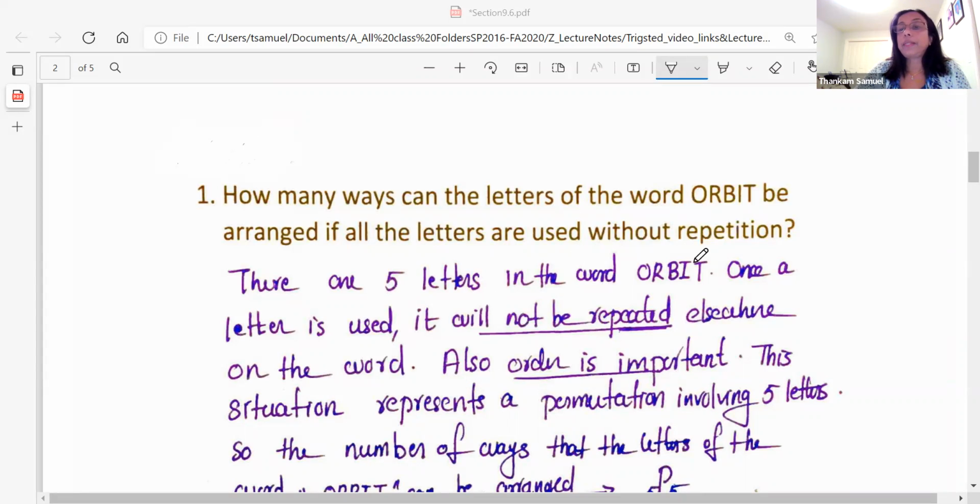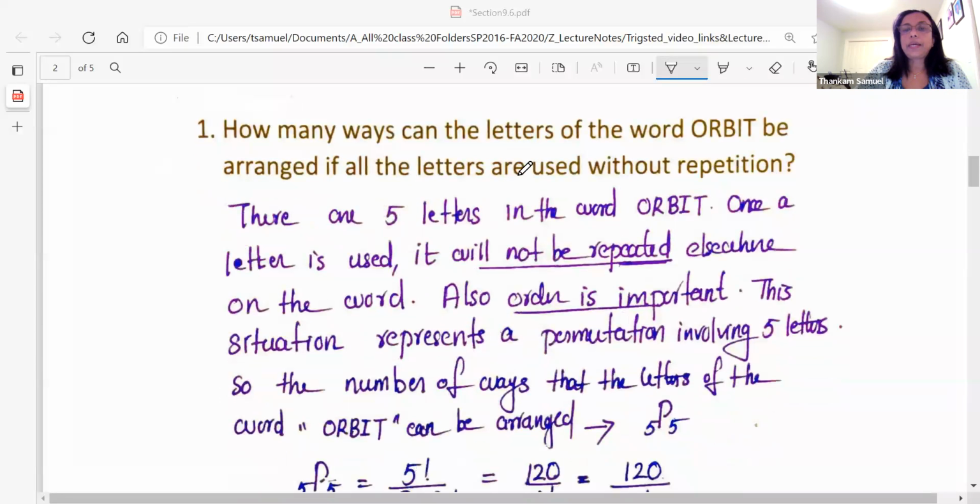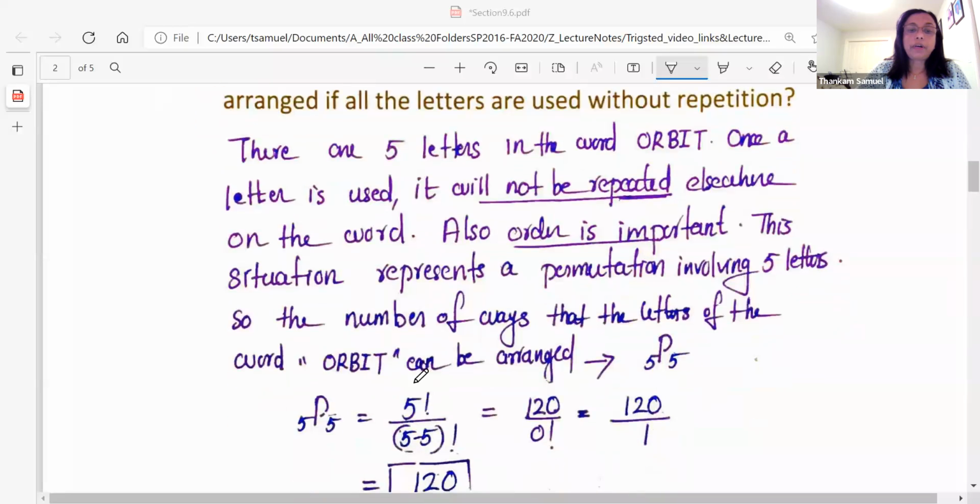Also, you can see that the order is important. So this situation represents a permutation involving 5 letters. So the number of ways that the letters of the word orbit can be arranged is